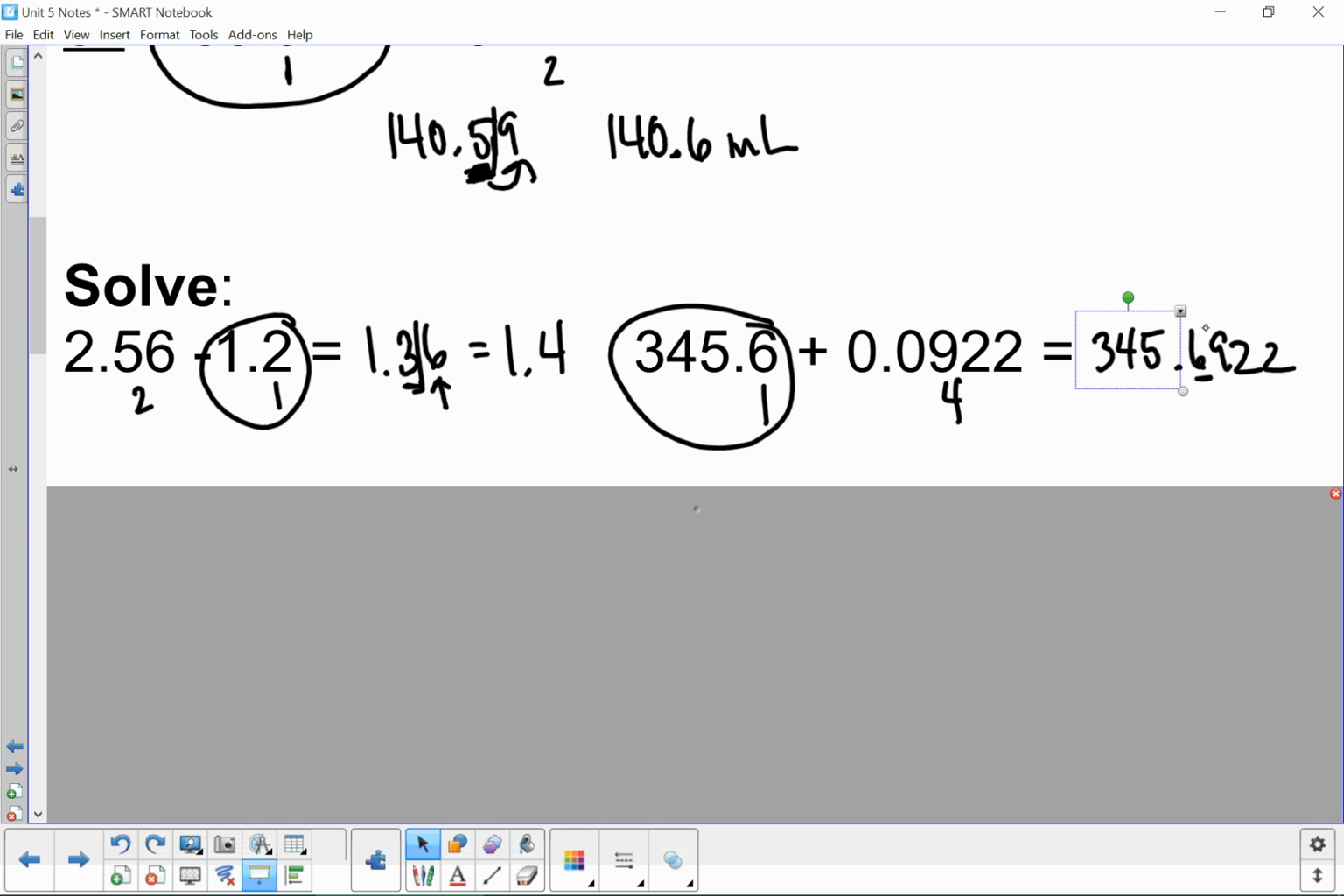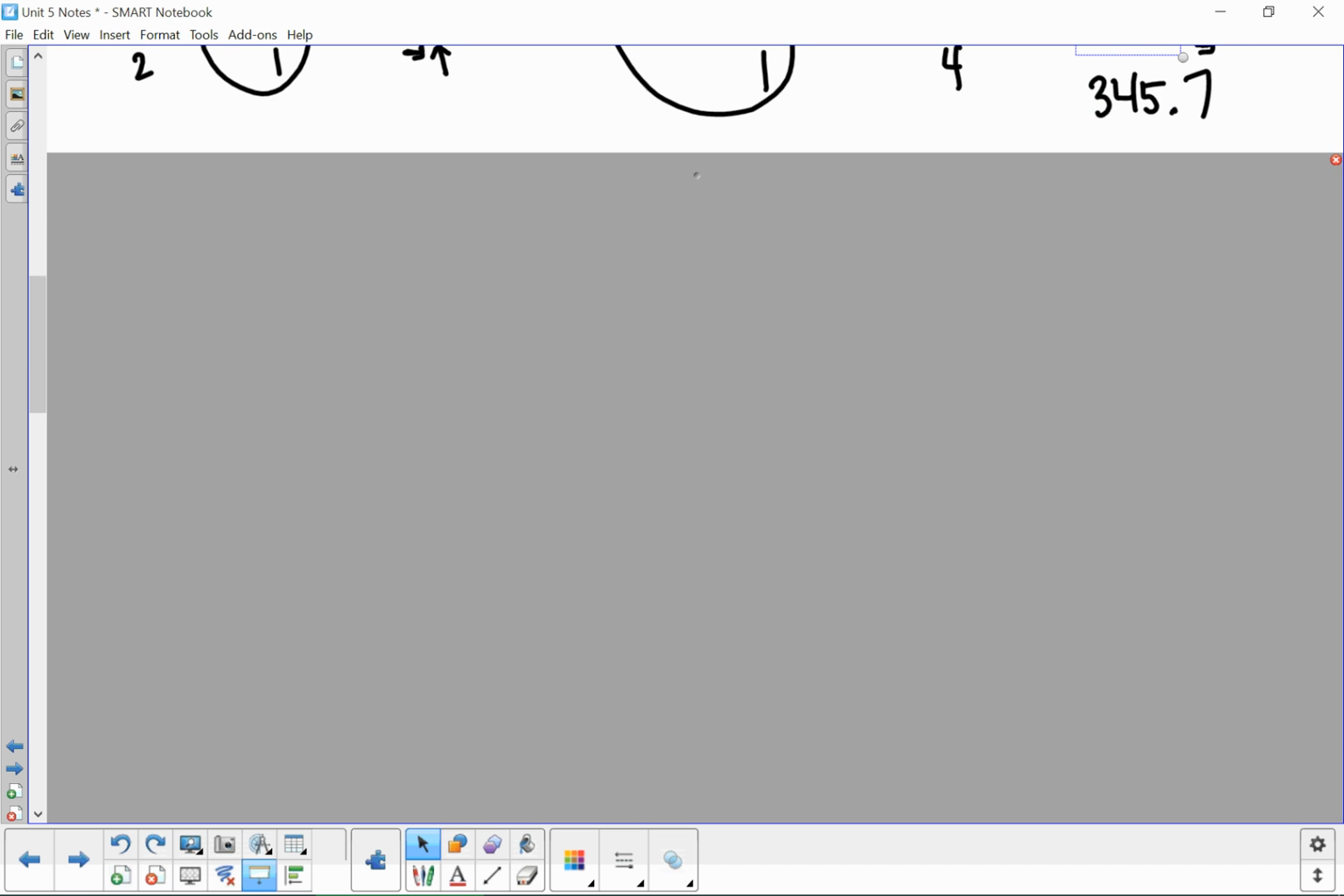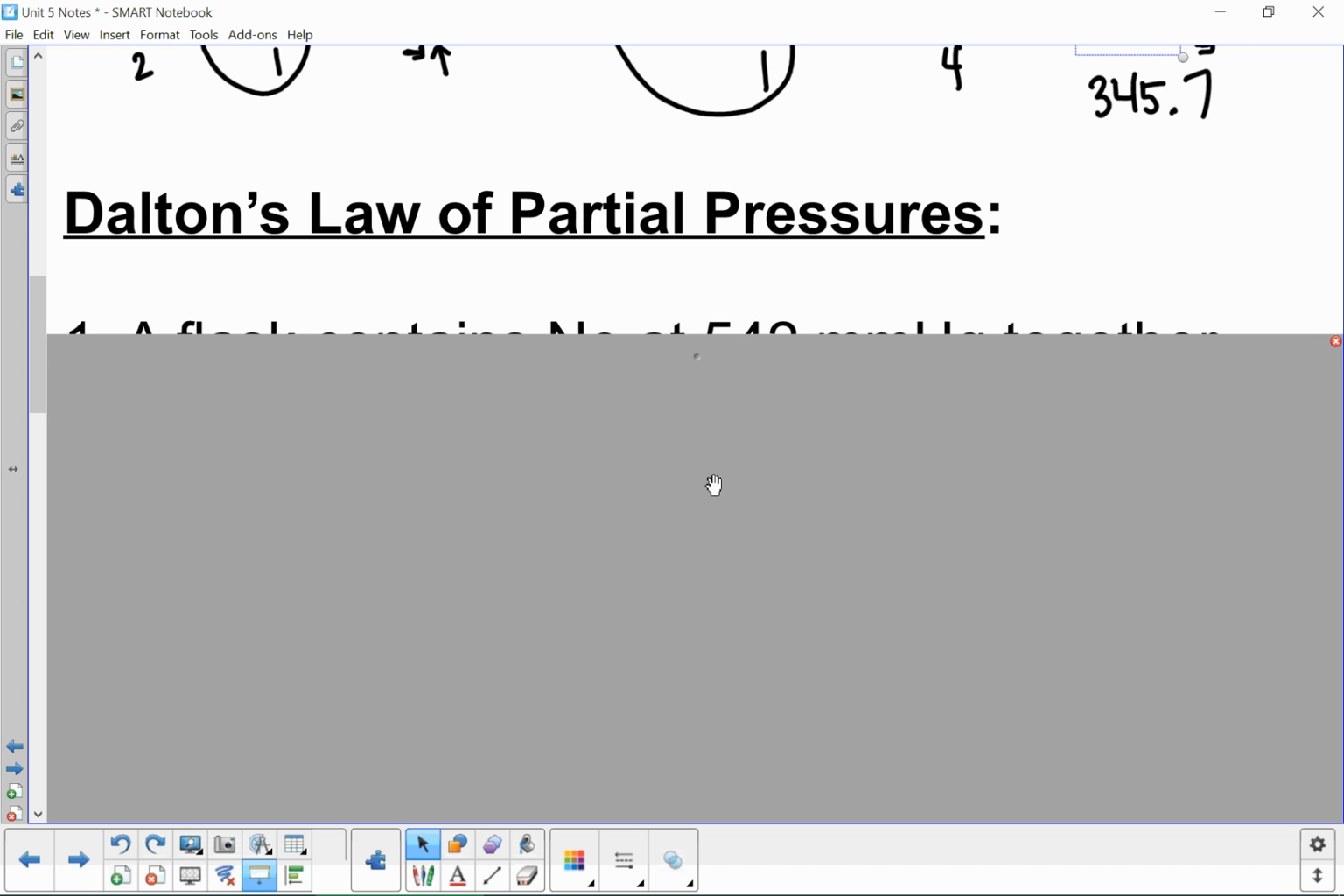That's right here at this 6. So I'm going to leave the 345 and I'm going to round it up to a 7 because of that 9. So I need you to use those sig fig rules as we start to talk about Dalton's law of partial pressures. So Dalton's law of partial pressures is basically that the total pressure